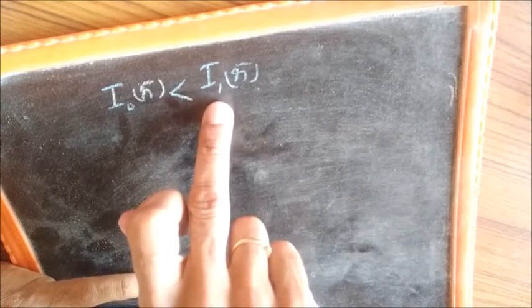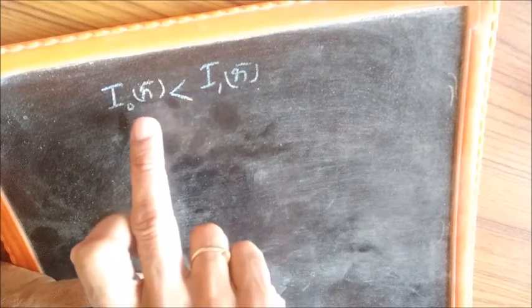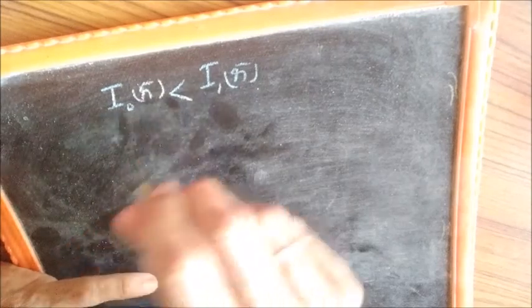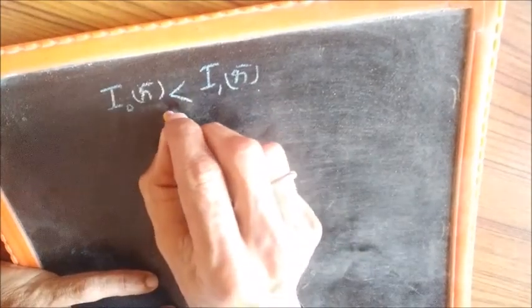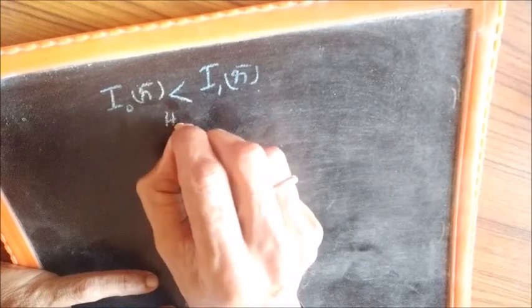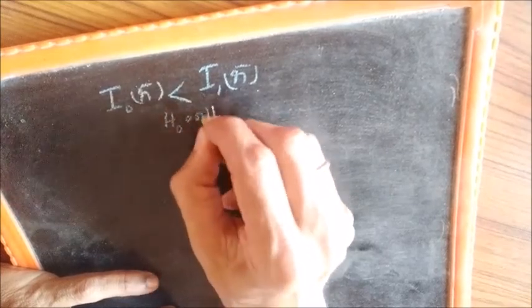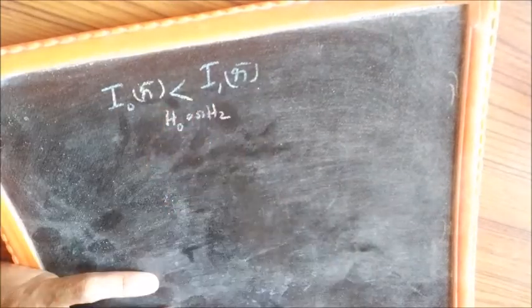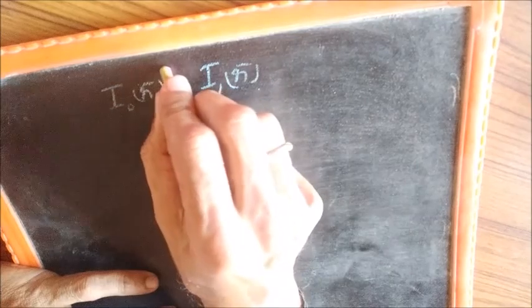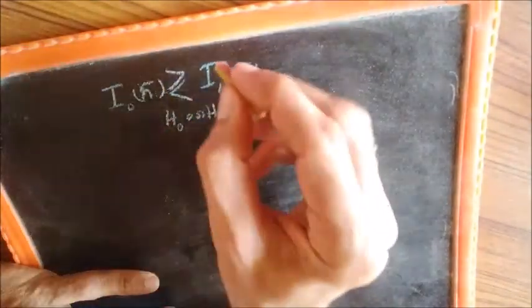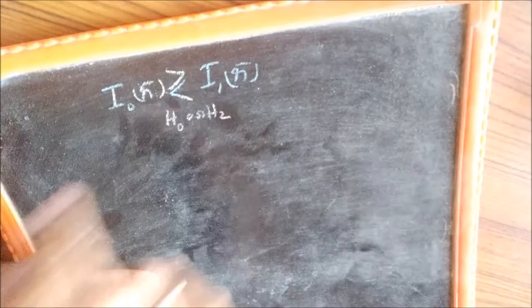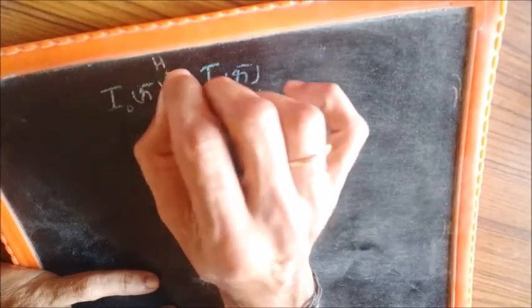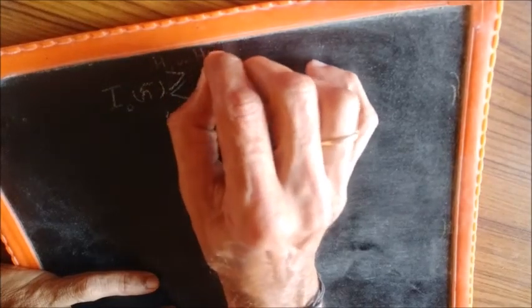At the same time, it is not certain that H0 is the hypothesis, because I2(R) could be less than I0(R). So if this is the case, the only thing we can say confidently is that the hypothesis is either H0 or H2, because H2 can be the lowest of the three. Similarly, if this happens to be more, we can say that the hypothesis definitely is not H0, so it can be either H1 or H2.